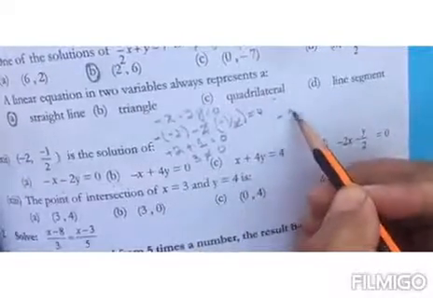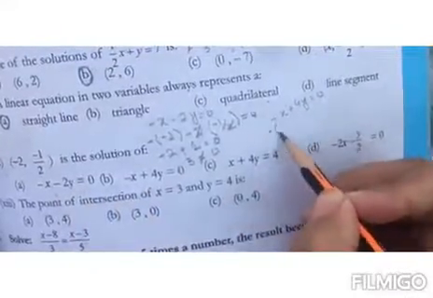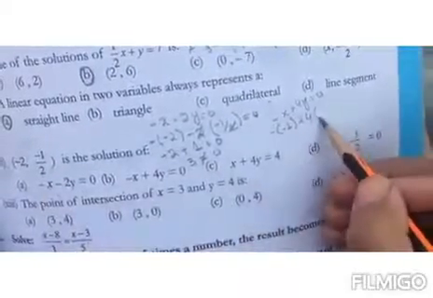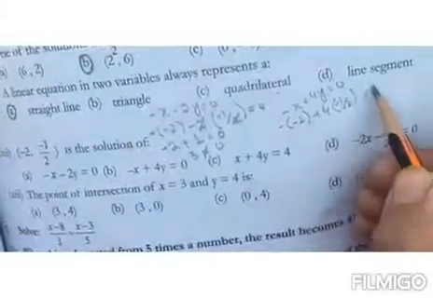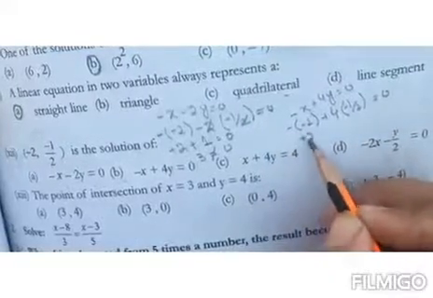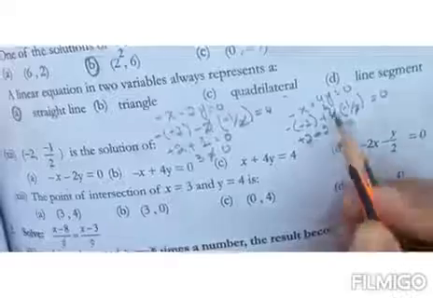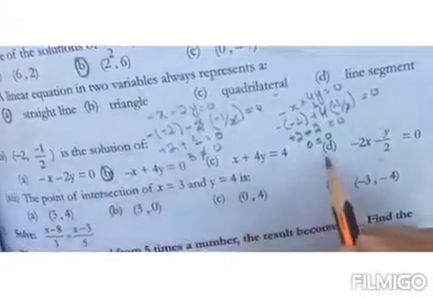Moving to the next equation, minus x plus 4y is equal to 0. Minus x means minus, again minus 2, plus 4 into y, 1 by minus 1 by 2 is equal to 0. Minus minus plus 2, and plus minus minus, and this will cancel this, so it will be equal to 2. And the left hand side is equal to the right hand side. This means that this is the correct option, option B. But we will check these options too.